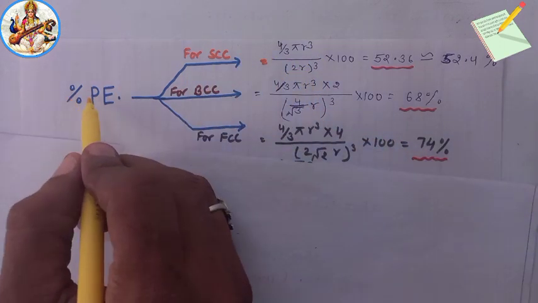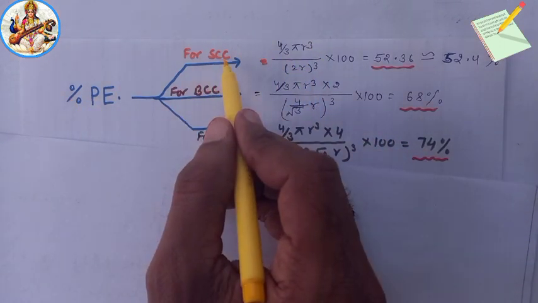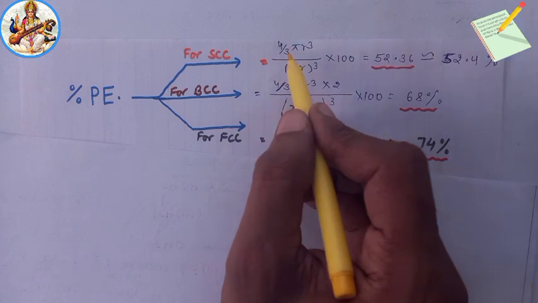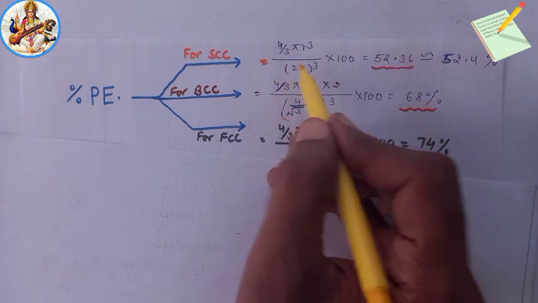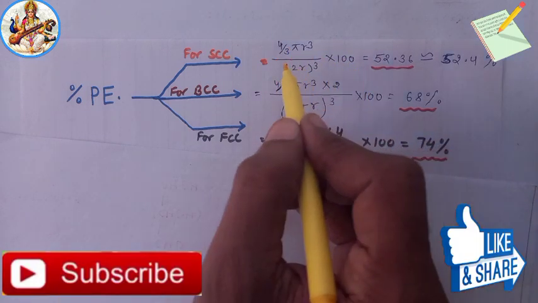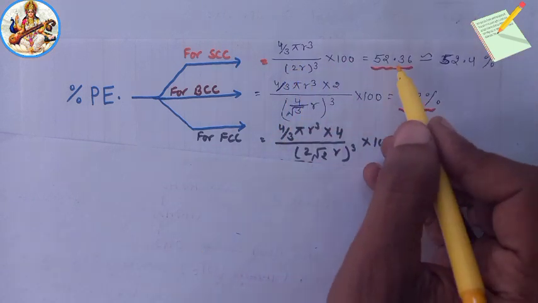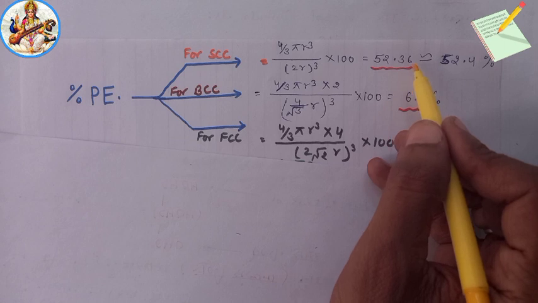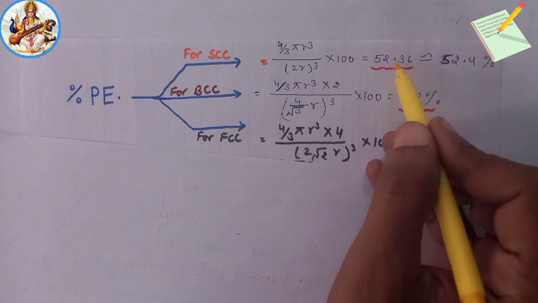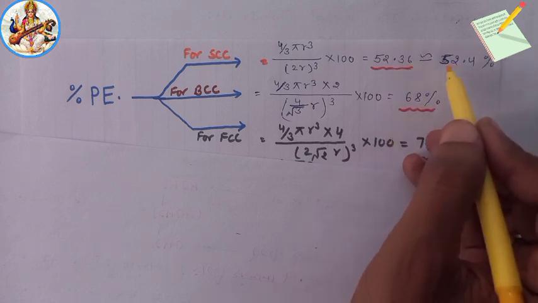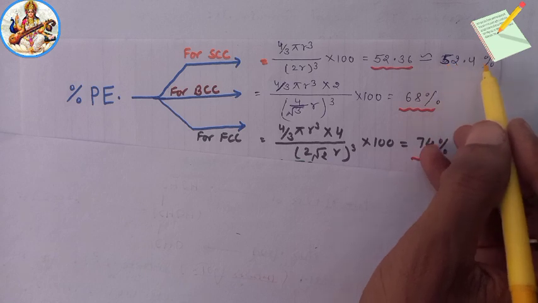Therefore, percentage packing efficiency in SCC is equal to 4 by 3 pi r cube into 100 divided by cube of 2r, which is equal to